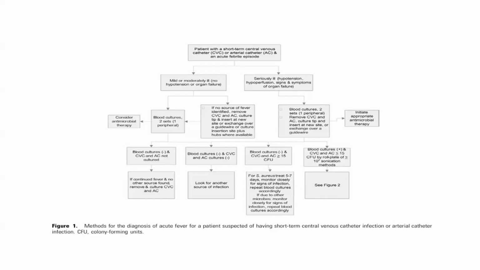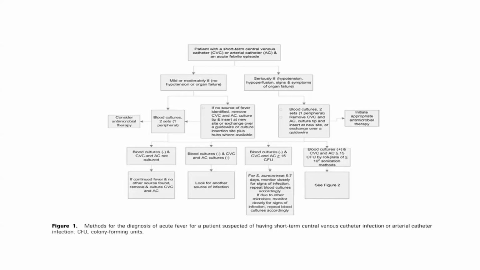If blood cultures are negative and the CVC and AC are not cultured, and if fever continues and no other source is found, then remove and culture the CVC and the arterial catheter. If blood culture is negative and the central venous catheter and arterial catheter cultures are both negative, then look for another source of infection. If blood culture is negative and the central venous catheter and arterial catheter have more than 15 colony forming units, then